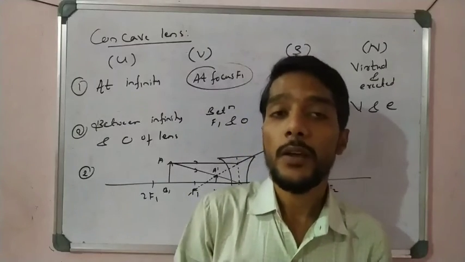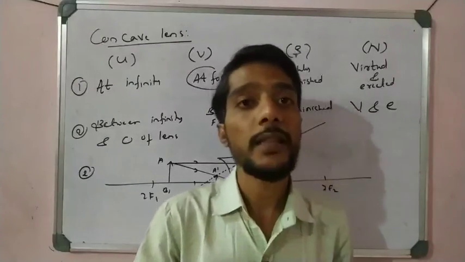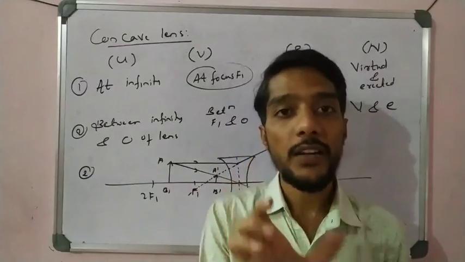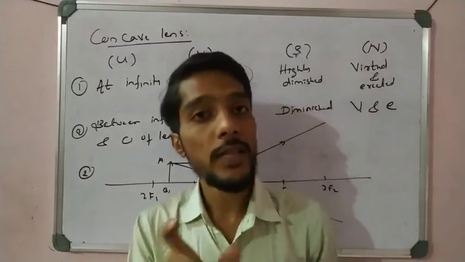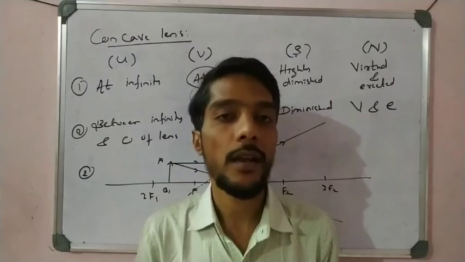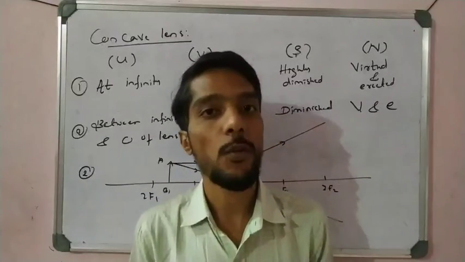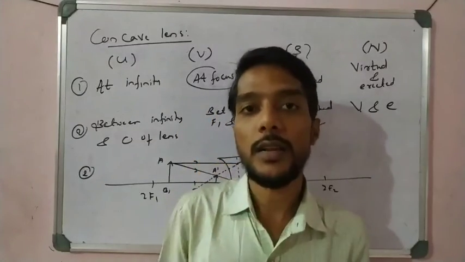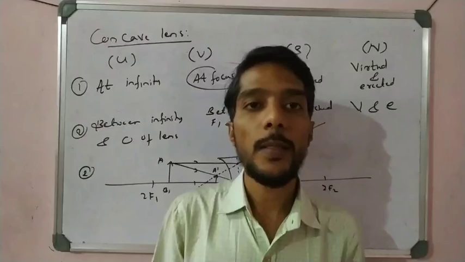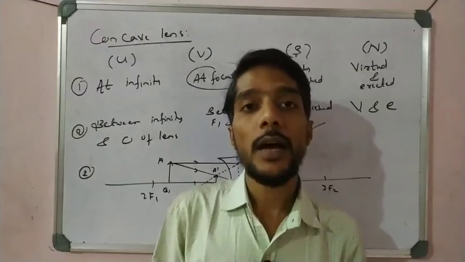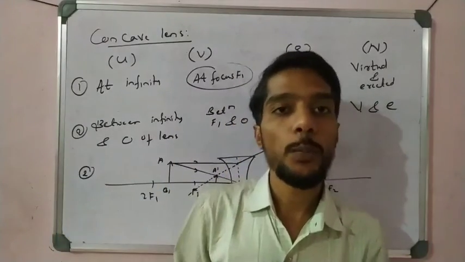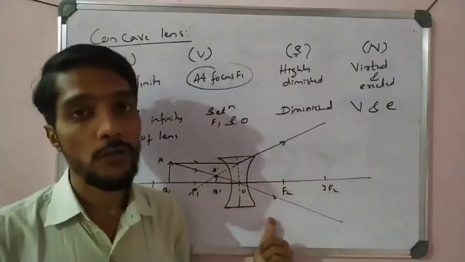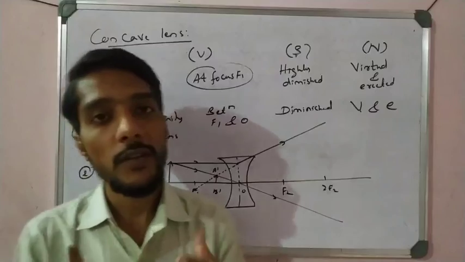So in the next video we can finish this chapter. In the next video we take the very important concept of magnification and the power of a lens, and then we solve numericals using the lens formula, right? We solve numericals on the lens and power of a lens in the next video. So please come to the next video, and revise all these important points first. After revision of all these points, we can make the third video.